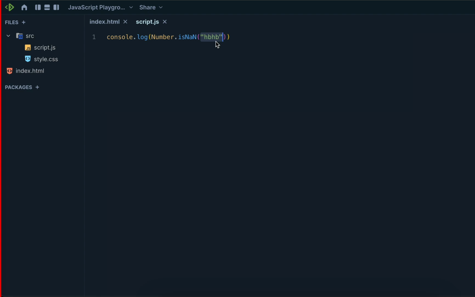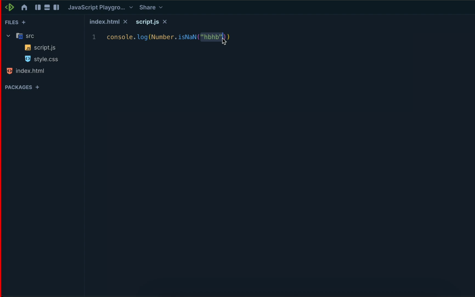Not a number means, like this, we have a string, but a string is basically not a number. Are you getting it? Tell me, Priyanka and Kaustubh. Yes, sir. What is the output for this question? False.